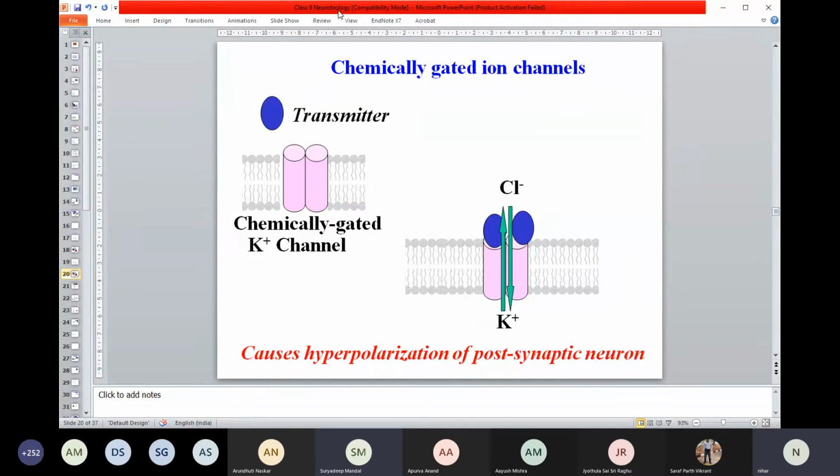So your question is, suppose a neuron is in a resting state. The membrane potential could be -60 to -70 millivolts, and that is maintained. Now, if there is an IPSP, the generation of IPSP will make it more and more negative. So -70 may go to -80, -90, something like that. I didn't mention that, it is a little complicated.